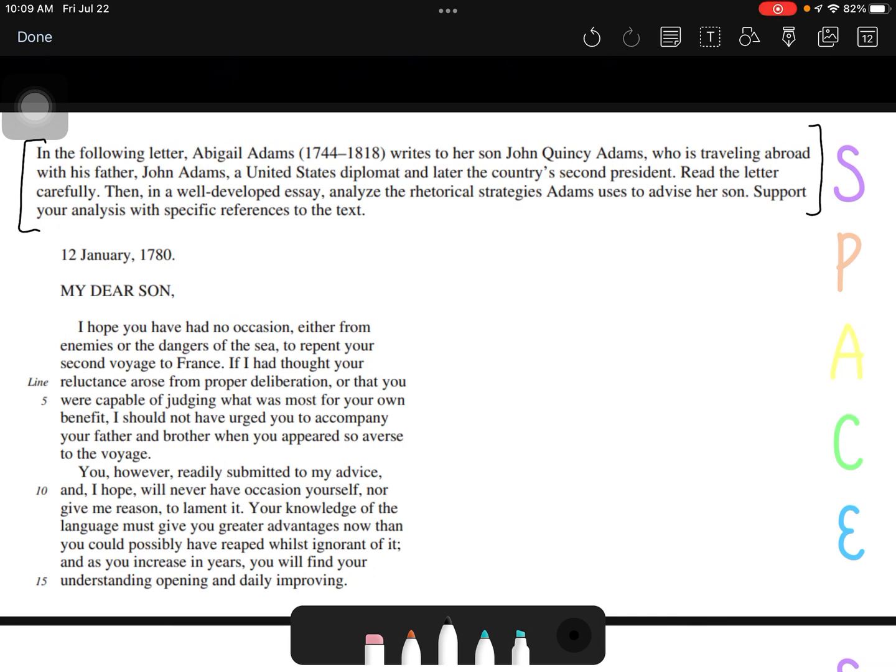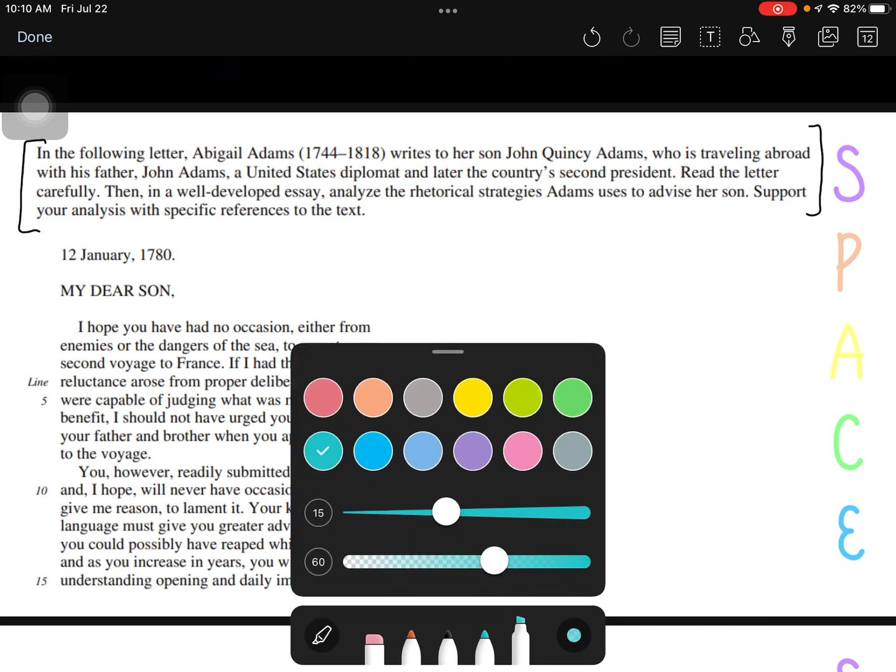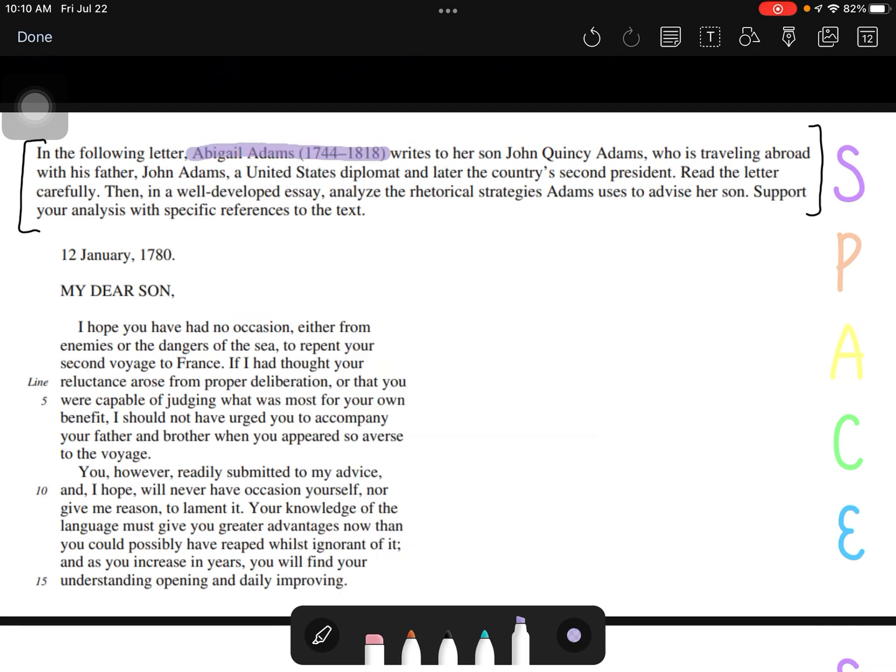So let's get started. In the following letter, Abigail Adams, who was alive from 1744 to 1818, writes to her son, John Quincy Adams, who was traveling abroad with his father, John Adams, a United States diplomat, and later the country's second president. There's a lot of information in there alone, so I'm going to switch to purple here because we definitely learned about our speaker. It is Abigail Adams. Abigail Adams lived during that time period, and we also know she would be a first lady as her husband was